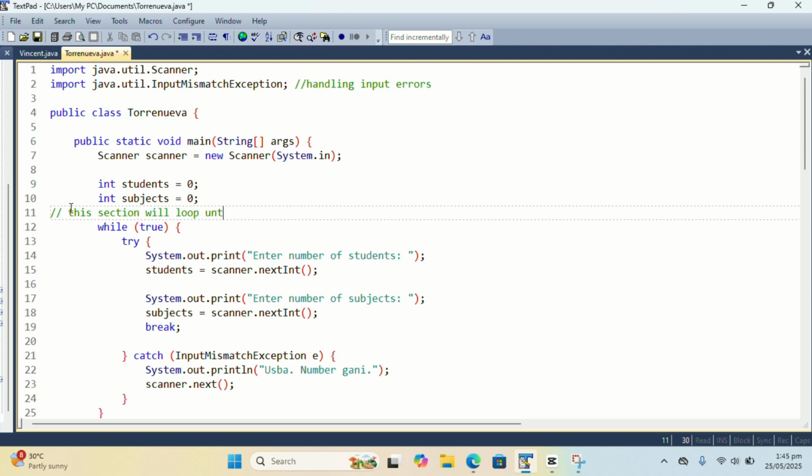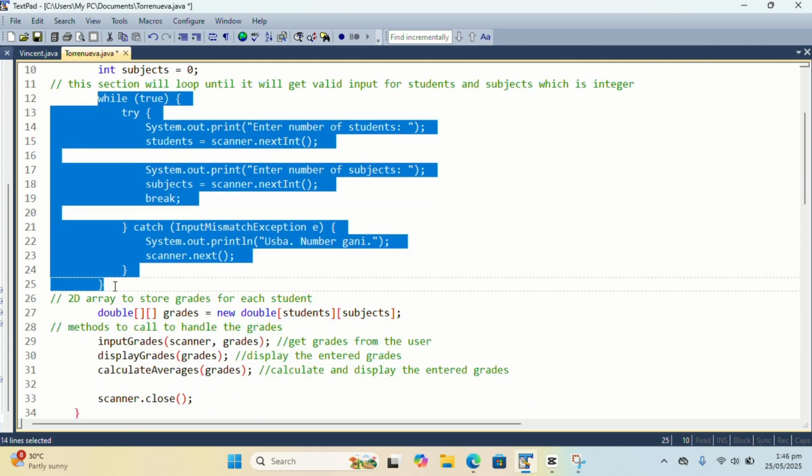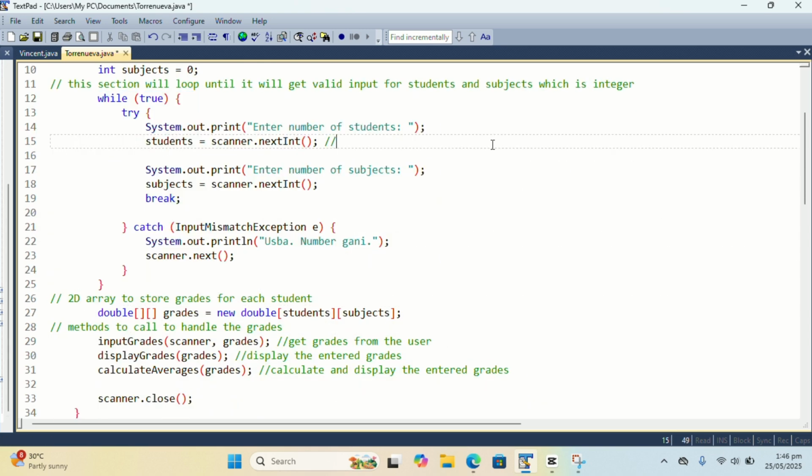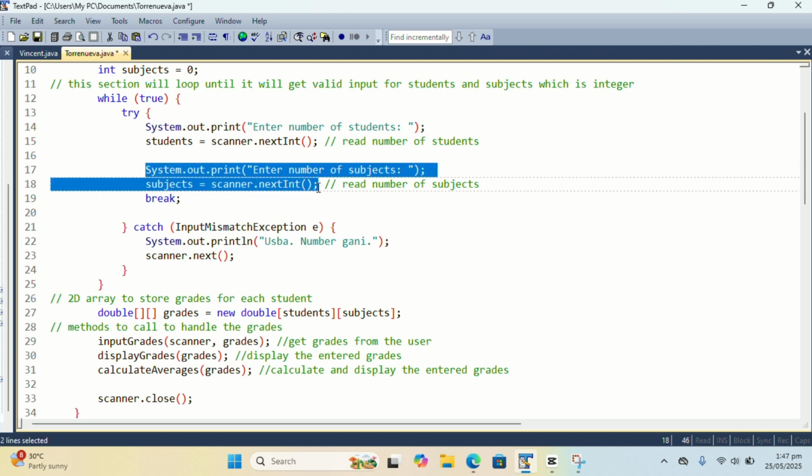This section is used to loop until it will get valid input for students and subjects, which only accept an integer. This is used to read the number of students, and this one is to read the number of subjects that is entered.